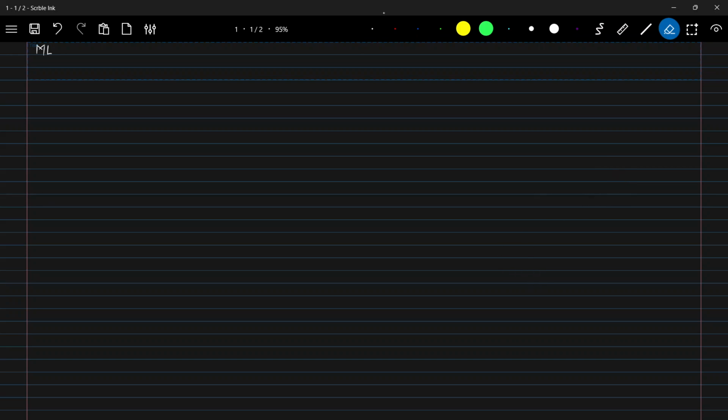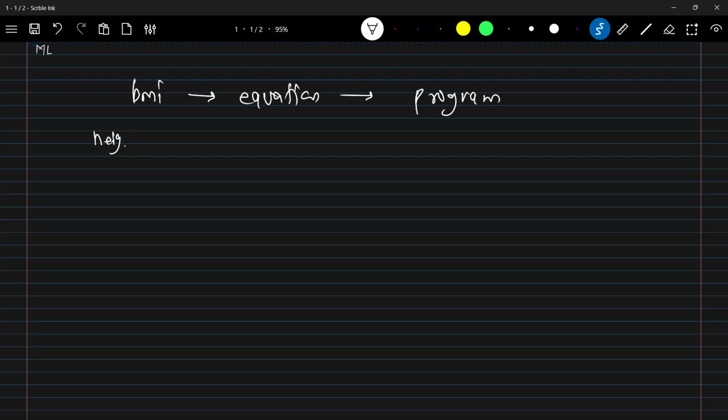Let me take the example of BMI itself. It was mentioned in this slide, so let's take it. In traditional programming, if I have to calculate BMI, first I need one equation, a real world equation which I will convert into a program. Now suppose this equation is height divided by weight square. Suppose this is the equation. It can be reversed, but just suppose this is the equation. This equation can be wrong, so don't worry about the equation itself.